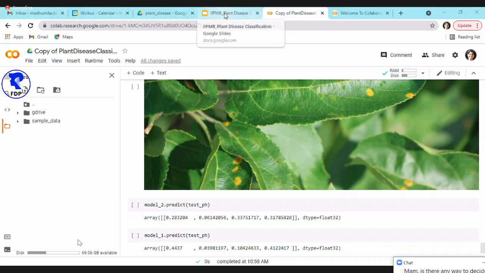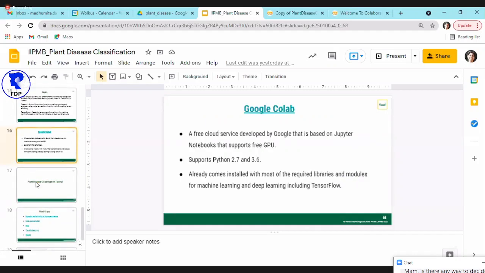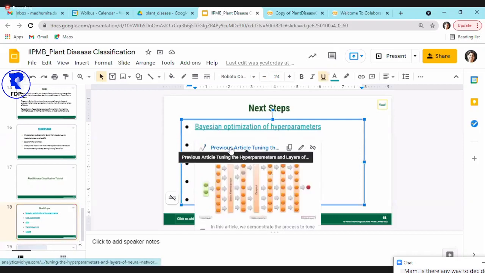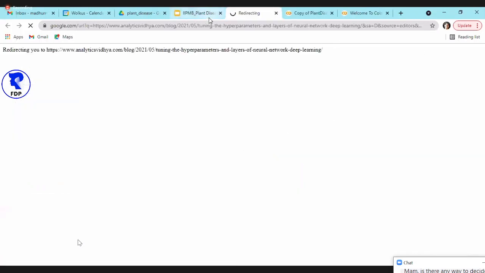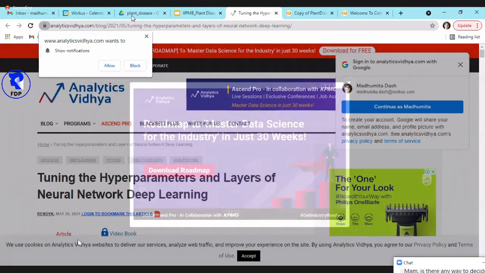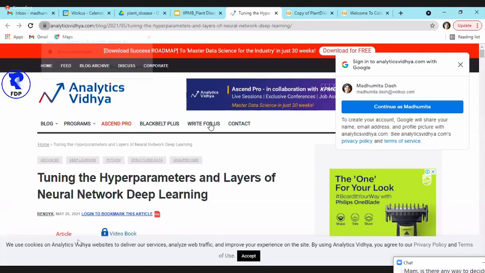So in real life, we never do these iterations manually. If you see, there are so many hyperparameters. It will take me months to train a model. So in that case, what we use is Bayesian optimization of hyperparameters. I have shared this link here from the website Analytics Vidhya. I will share this PPT also with you. I will add it to the same plant disease folder. You can go and look into this, but to briefly tell you,